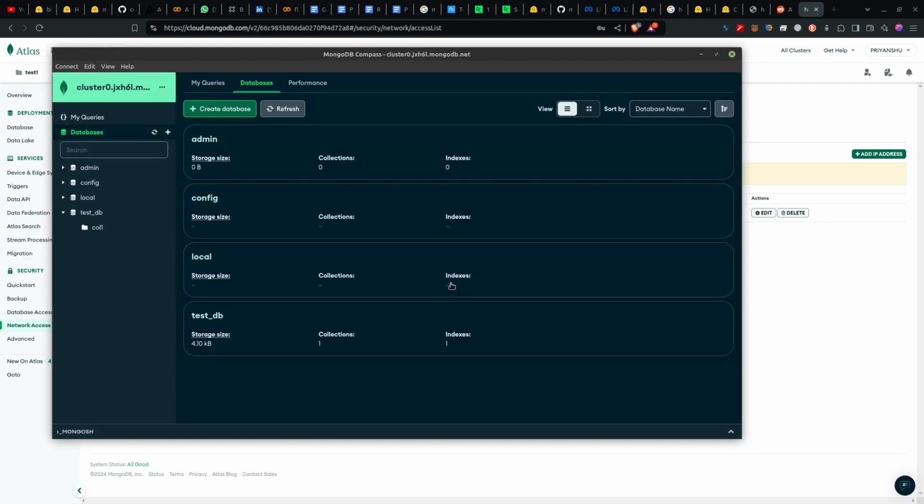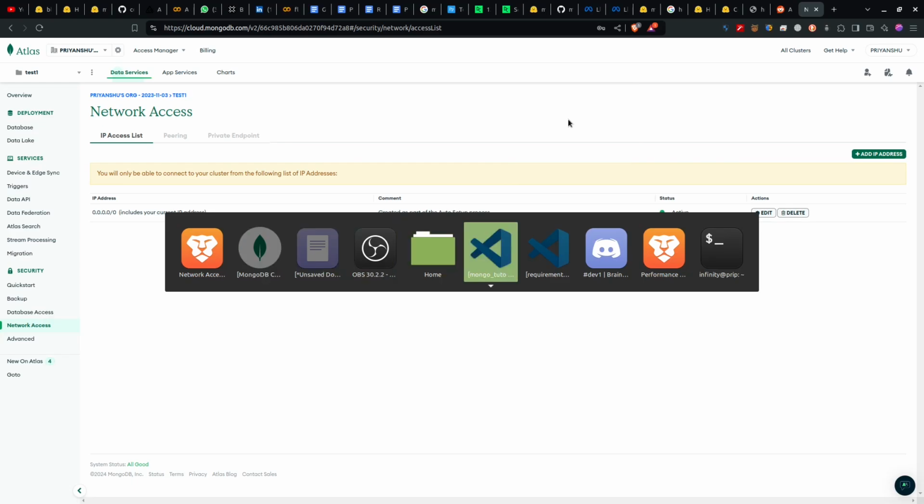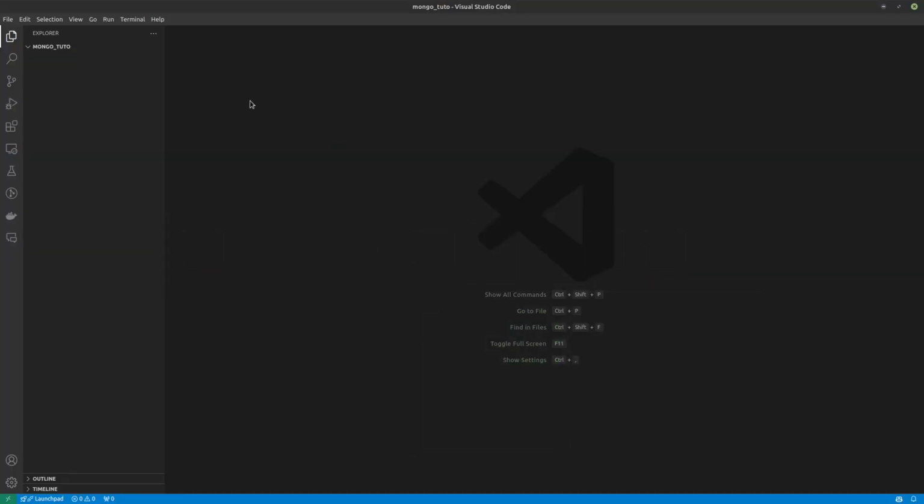Or you can directly create it from the Python code. So let me show you how you can do that. So this is a Mongo tutorial. I just created a repo here. I'll also give a GitHub link. You can directly download it from there. Let me first create a